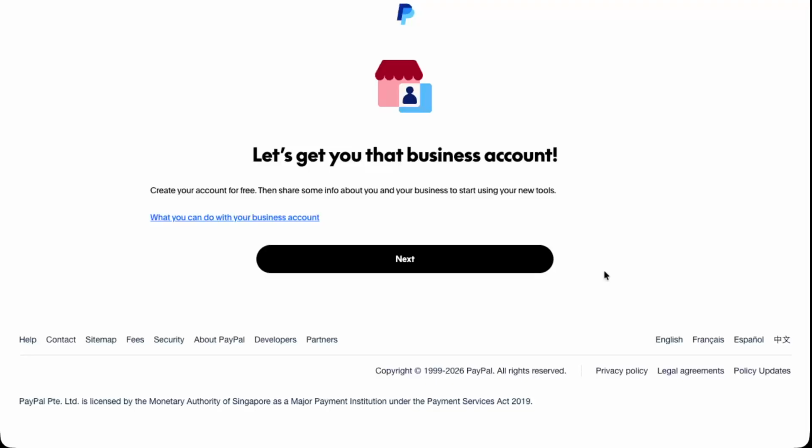PayPal may upgrade your account instantly, or in some cases, they might review your information first. After that, your personal account will be converted into a business account, and you'll be able to access additional features designed for